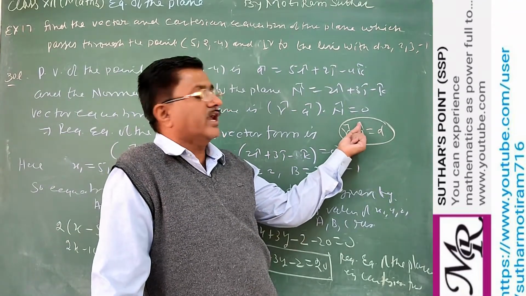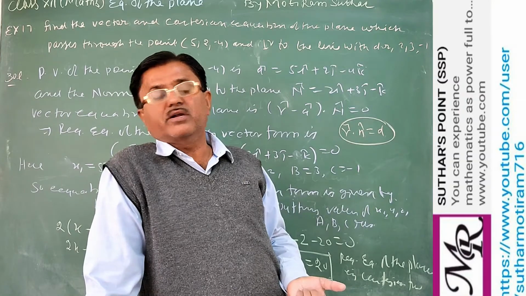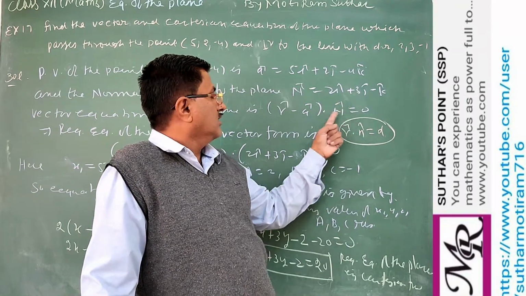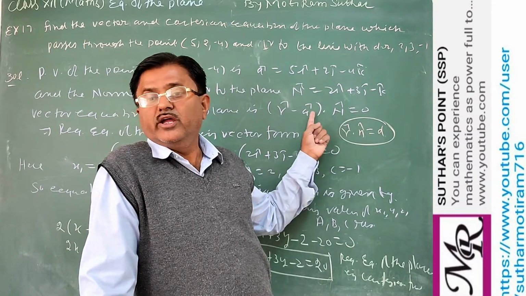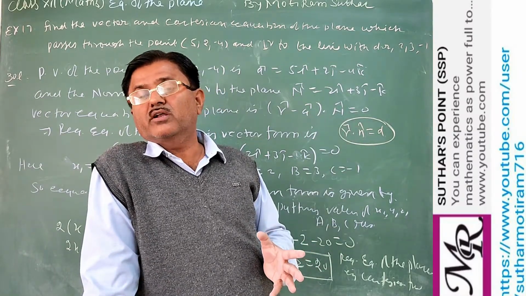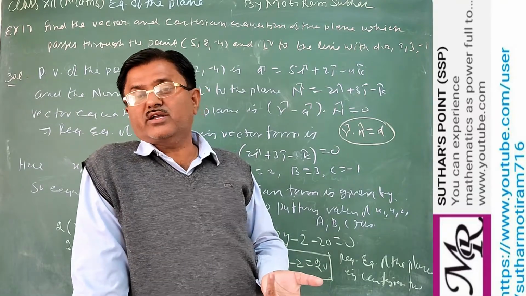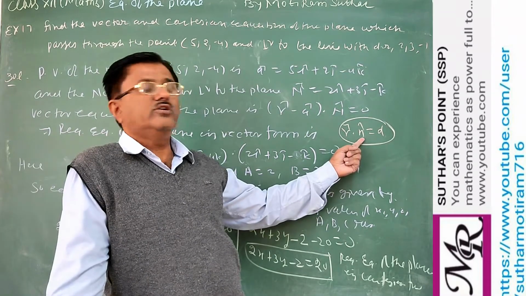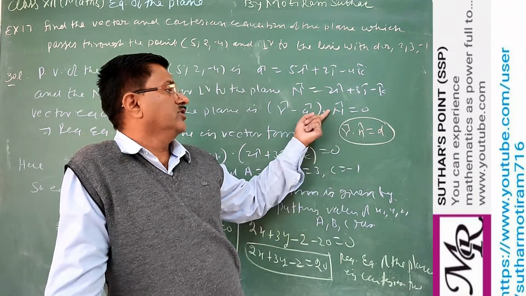Also you see, n cap is given, it means it is a unit vector. Here n vector symbol is given, and here n cap, a unit vector. It means the other is not a unit vector. A normal or simple vector is given. This has direction as well as magnitude. But here the magnitude is only 1. Here the magnitude is not 1.